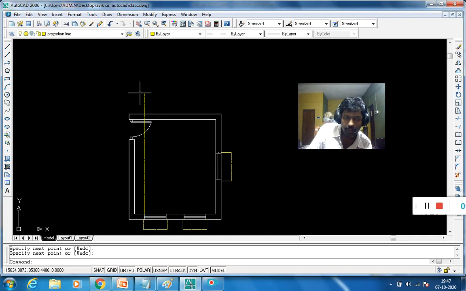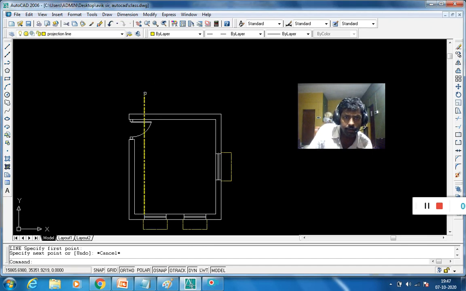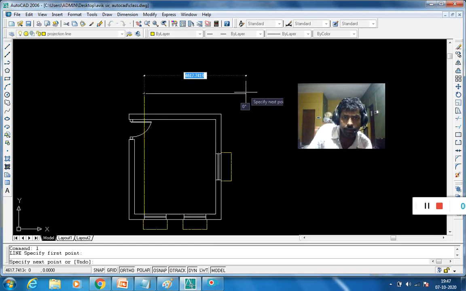Then use the line command again, and the point is shown.